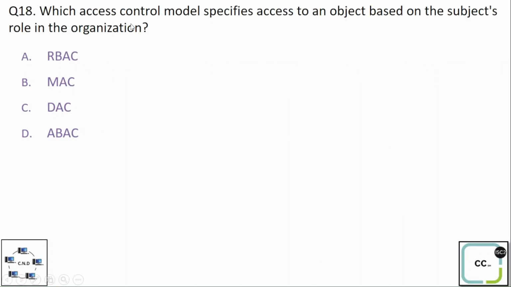Question number 18. Which access control model specifies access to an object based on the subject's role in the organization? And the options are option A, RBAC, that is role-based access control. Option B, MAC, mandatory access control. Option C, DAC, discretionary access control. And option D, ABAC, that is attribute-based access control. And the correct option is option A,